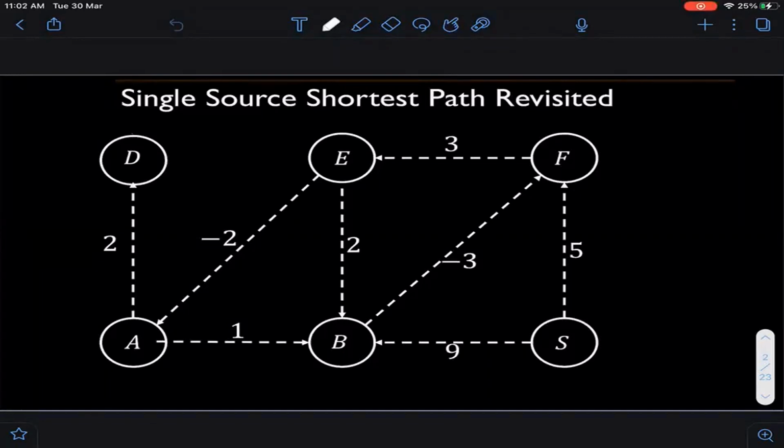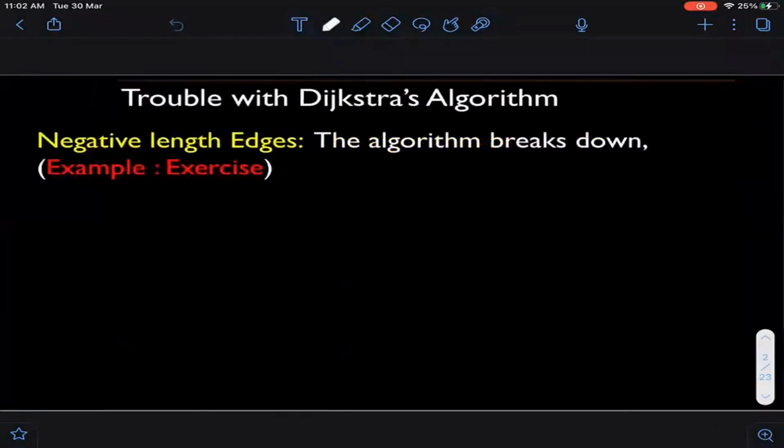But nonetheless, what we are interested in, technically, what's the bottleneck? Why do we need another algorithm? Let's see. Here is the point: negative length edges completely screw up Dijkstra's algorithm. Remember, in the proof we had crucially used the fact that all the edge lengths are non-negative. It can be zero, by the way, so that does not affect Dijkstra, but it cannot be negative. Negative length edges completely screw up Dijkstra.